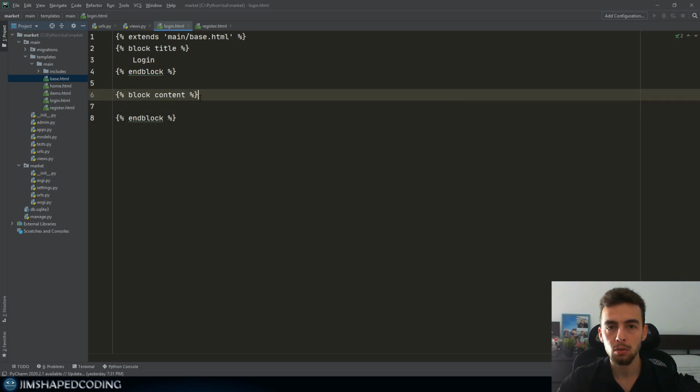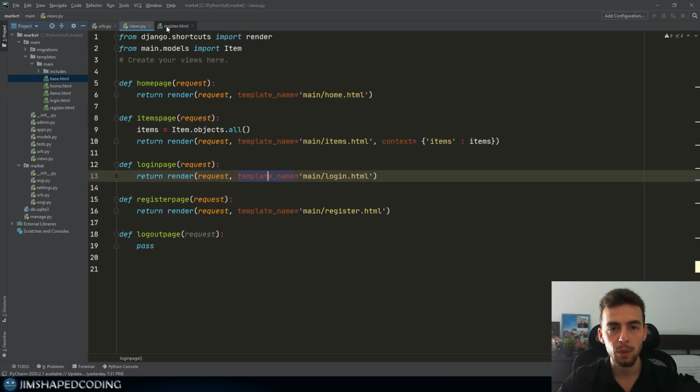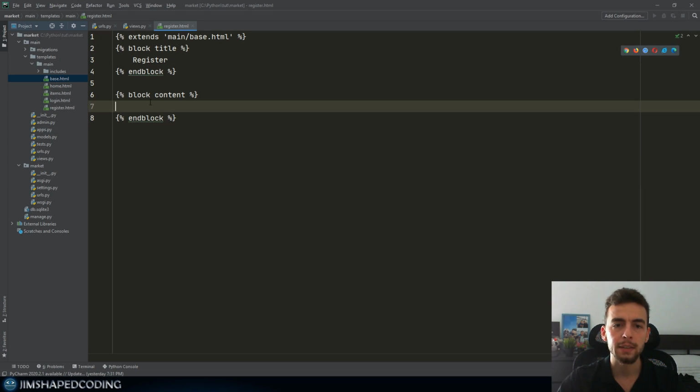Now we are going to add some HTML code inside our login and register pages, and we will start with the register page. Okay, so let me close the login, and we will go back to our register. In order to create a registration for a new account, we have to provide a special HTML tag which is called form. Now this form will know how to take your information and send it to the server side, and then in the server side, meaning in the views.py,